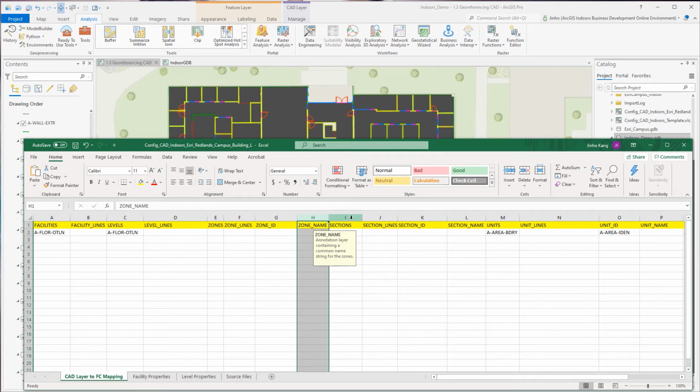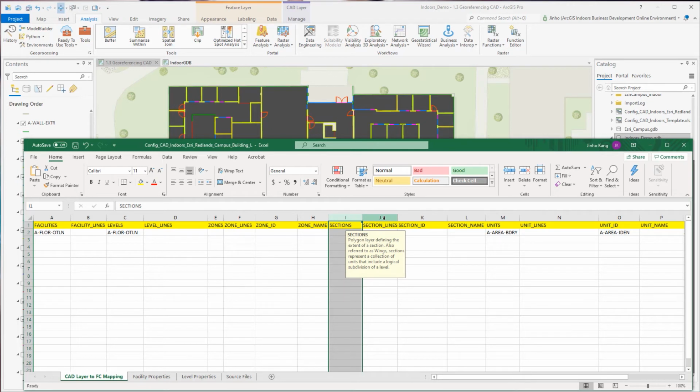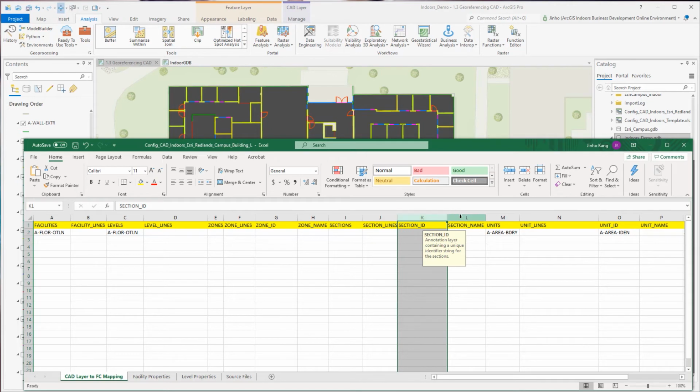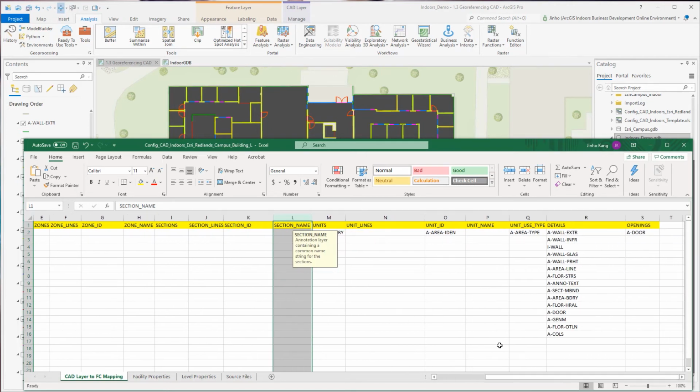Sections and section_lines are optional, and they define the extent of a section, which can be a logical subdivision of a floor. Unlike zones, spaces typically belong to only one section, for example, the west wing or east wing. Section_ID and section_name fields are for the CAD annotation layers that define unique identifier and name